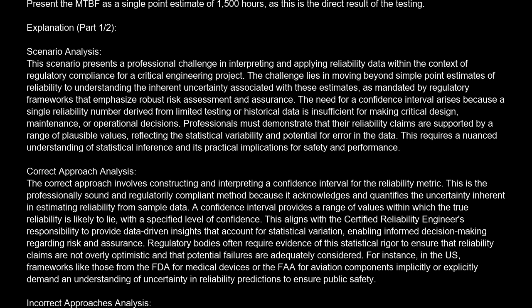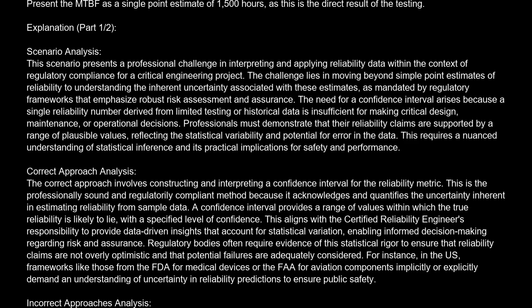compliance for a critical engineering project. The challenge lies in moving beyond simple point estimates of reliability to understanding the inherent uncertainty associated with these estimates, as mandated by regulatory frameworks that emphasize robust risk assessment and assurance. The need for confidence interval arises because a single reliability number derived from limited testing or historical data